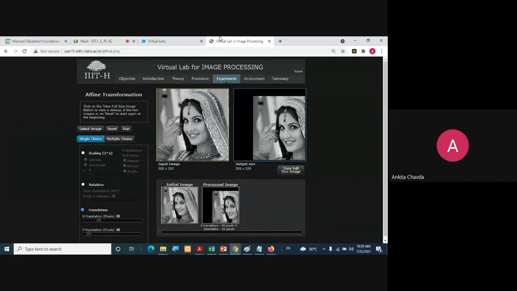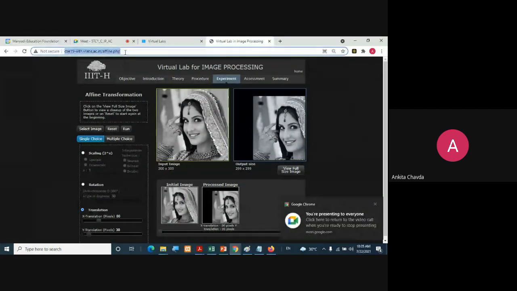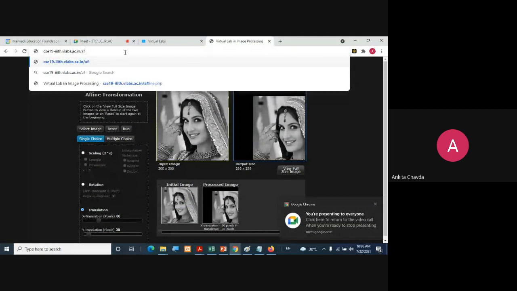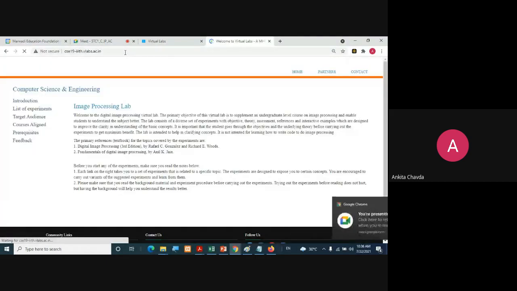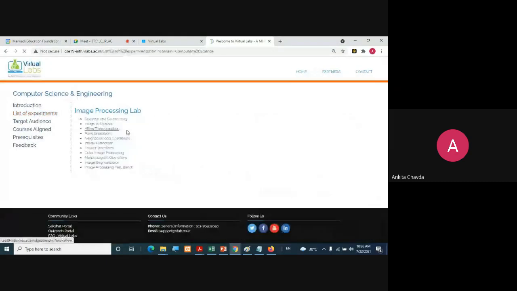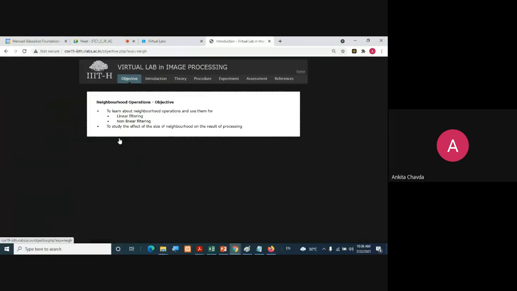Fine. So if you have done with this, you can check with another experiment. This point operation you can skip for now, you can directly go to neighborhood operation. Neighborhood operation is all about your filtering techniques and filters and all that we are going to learn in our theory sessions.